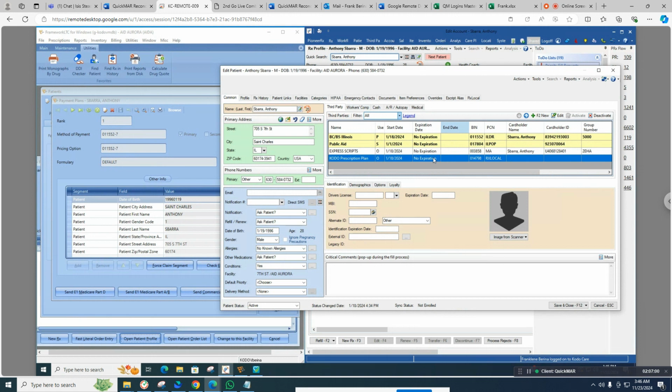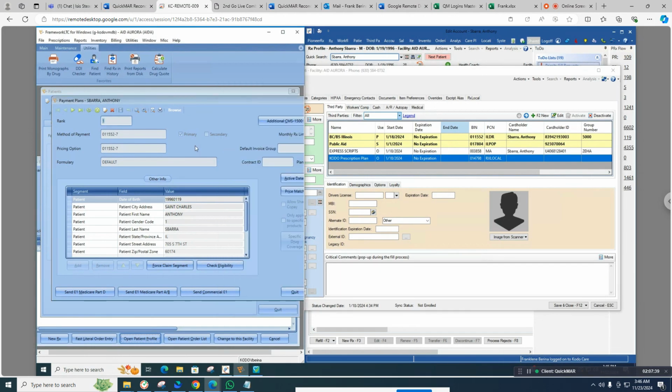As for this one, the bin is 0414798. You need to delete this one because it's an old plan. And then also the Express Scripts 003858, Kudu Care doesn't cater that one, so you need to delete it. If you go to the framework,